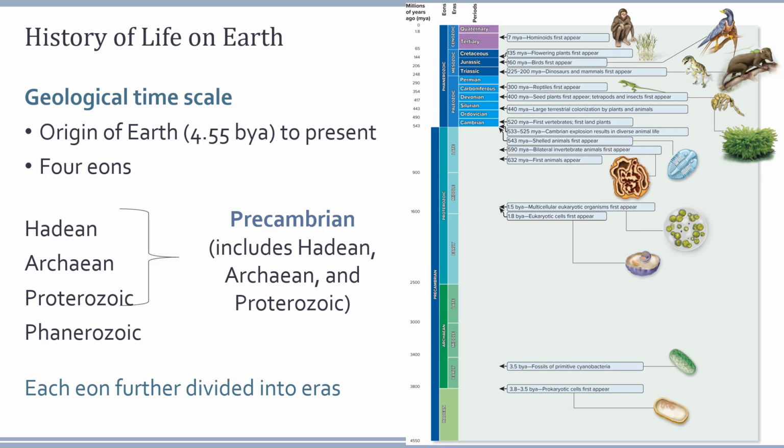In your study guide packet, you should have a handout that is the same as this. It might be organized just a little bit differently, but this is a timeline from your textbook, and it shows the major evolutionary events in the history of life on Earth. History of life is broken down into time categories. The four largest categories are called the eons, and the three oldest eons are these down at the bottom, and they mark the